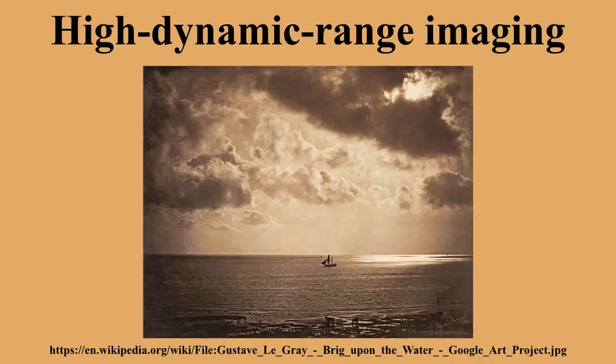High dynamic range imaging is a technique used in imaging and photography to reproduce a greater dynamic range of luminosity than is possible with standard digital imaging or photographic techniques. The aim is to present a similar range of luminance to that experienced through the human visual system. The human eye, through adaptation of the iris and other methods, adjusts constantly for the broad range of luminance present